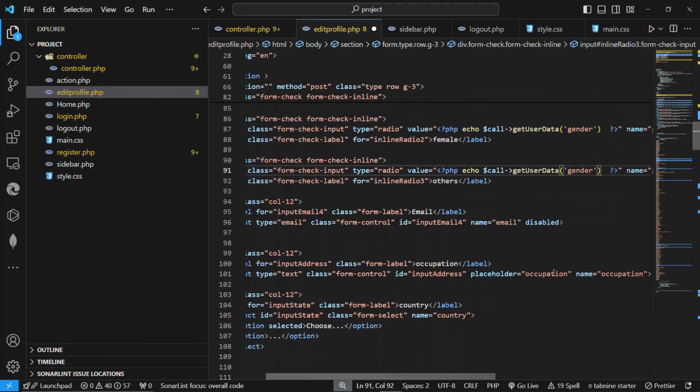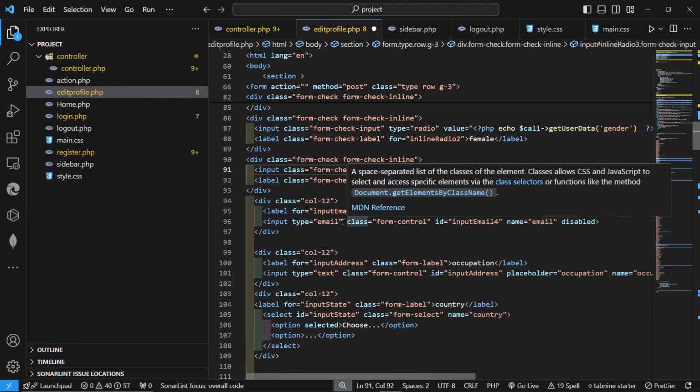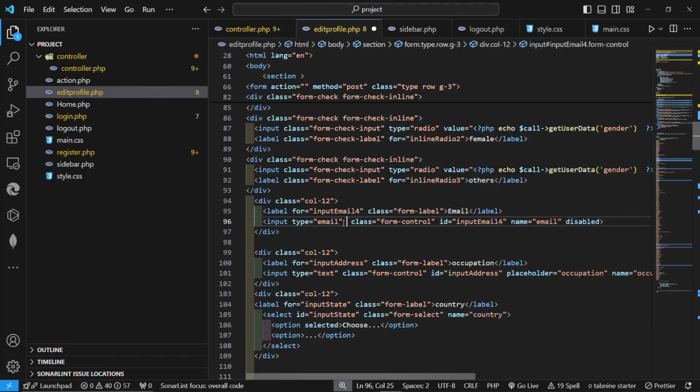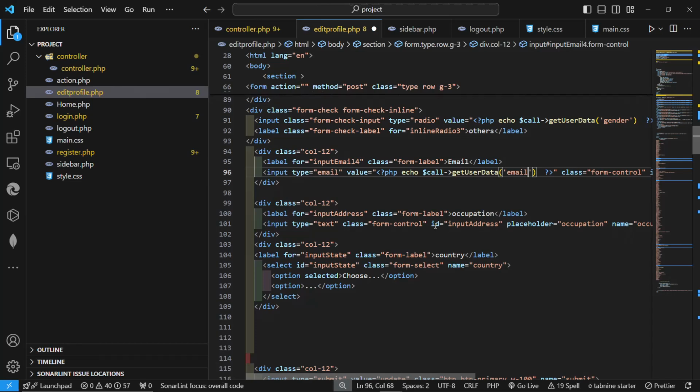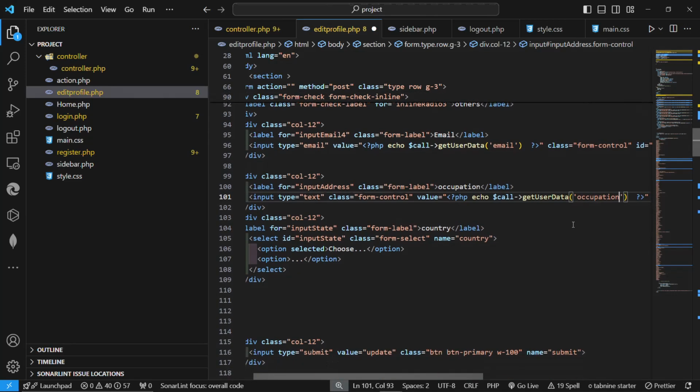So gender. Now for the email, even though we are not trying to edit the email, we need to review the email so the user will see his email. The user is not going to be able to edit his email, so we're just going to pass it here. So we're going to say email. So for the occupation, I'll pass it here, occupation, and